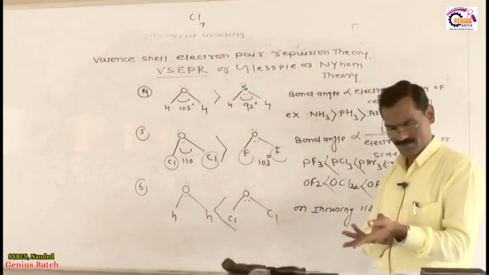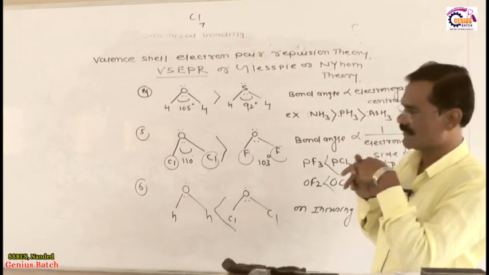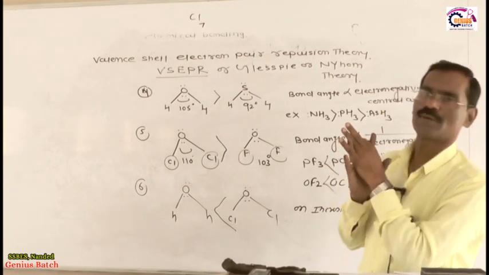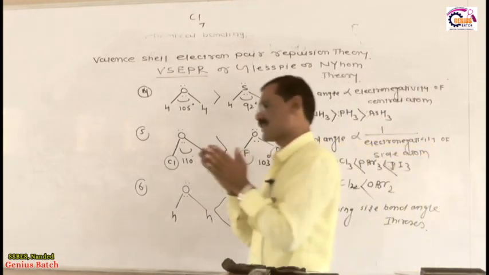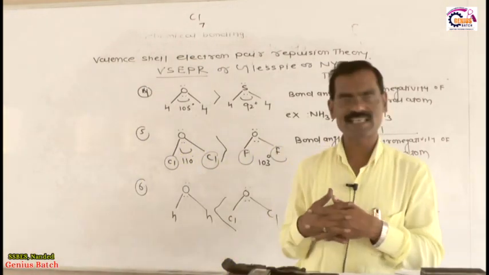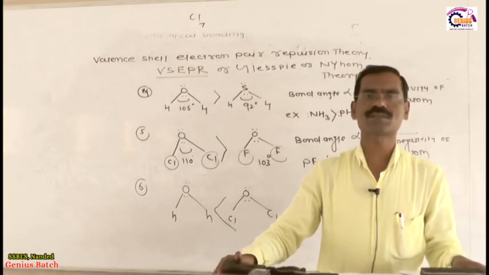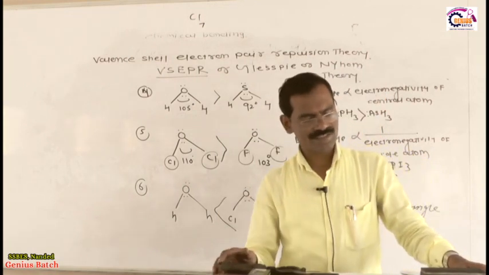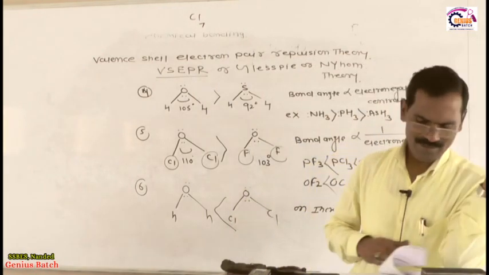Finally, dear student, I conclude today's video by giving some characteristics of covalent compounds. You write down in your notebook the characteristics of covalent compounds. So this point is over. What is the VSEPR theory? Which are the important aspects of valence shell electron pair repulsion theory? Now we are moving toward the next one, the characteristics of covalent compounds. Only write down in your notebook. No need to discuss more about these characteristics. Suppose the first characteristic is the physical state. Write down in your notebook. I don't want to explain more about this.